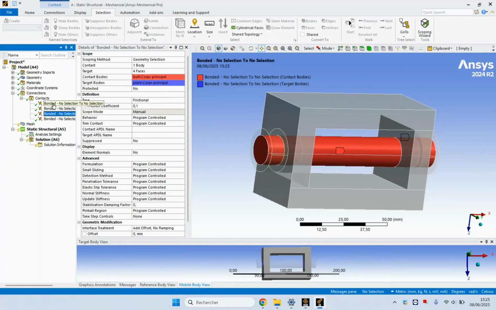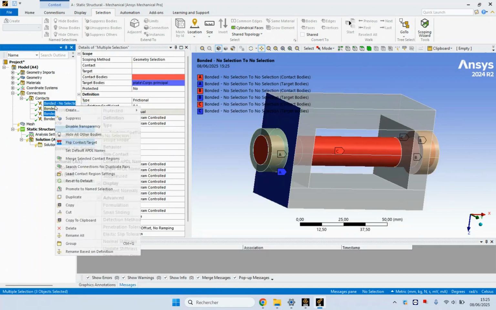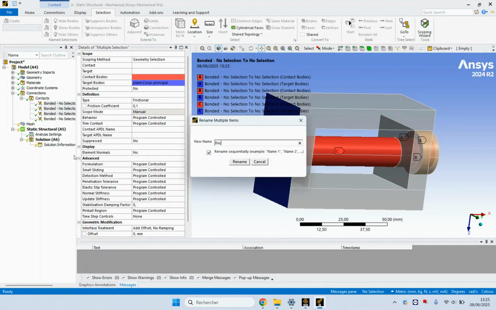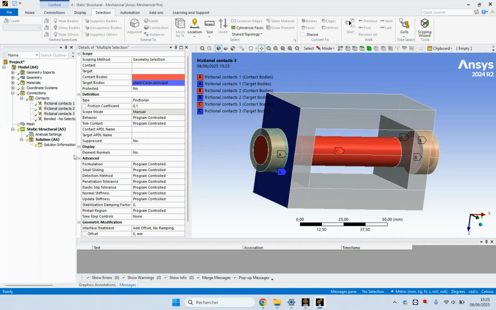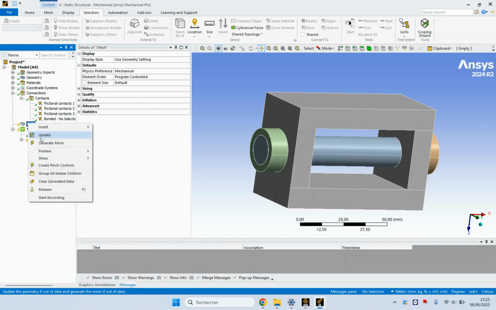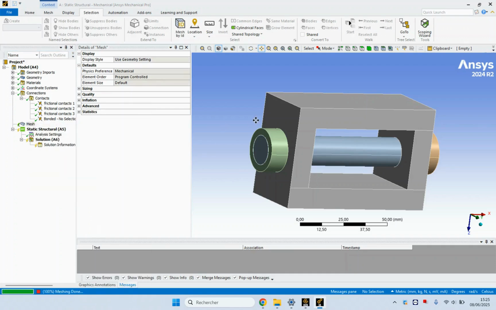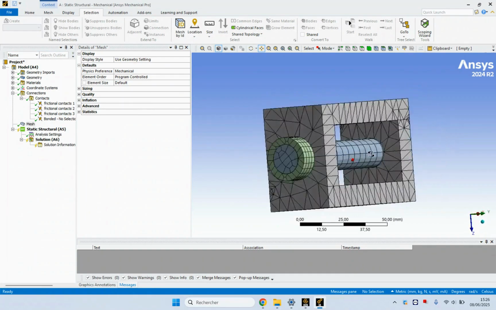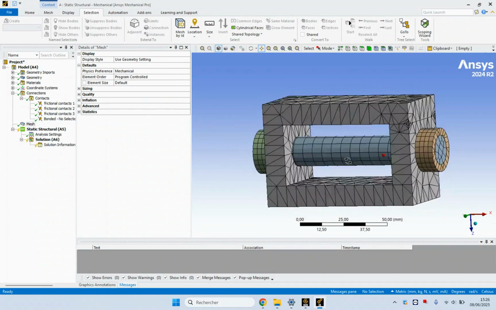But let's rename the 3 first contacts as frictional contacts, because they are frictional. So now everything is fine about my contacts. What I would do is the mesh. Let's right click in the mesh and click generate mesh. And if you look at here, we can see we have pretty good mesh between the nuts and the bolts,